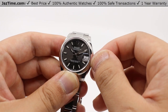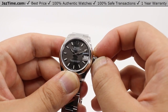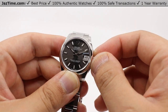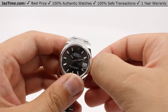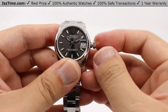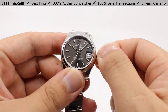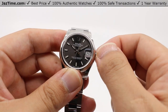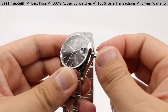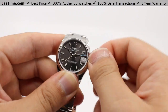If you really need to go forward, say 20 days, you can do so very easily with pretty much an entire turn. Pulling it to the final position, you can now stop the second hand and then adjust the minute hand for precise timekeeping. And be sure to press that crown back up against the case and wind it tightly to ensure